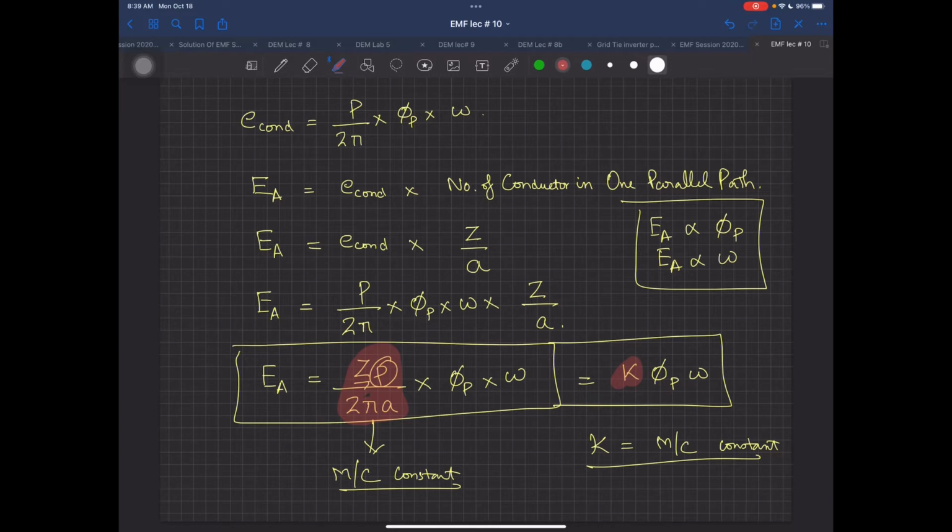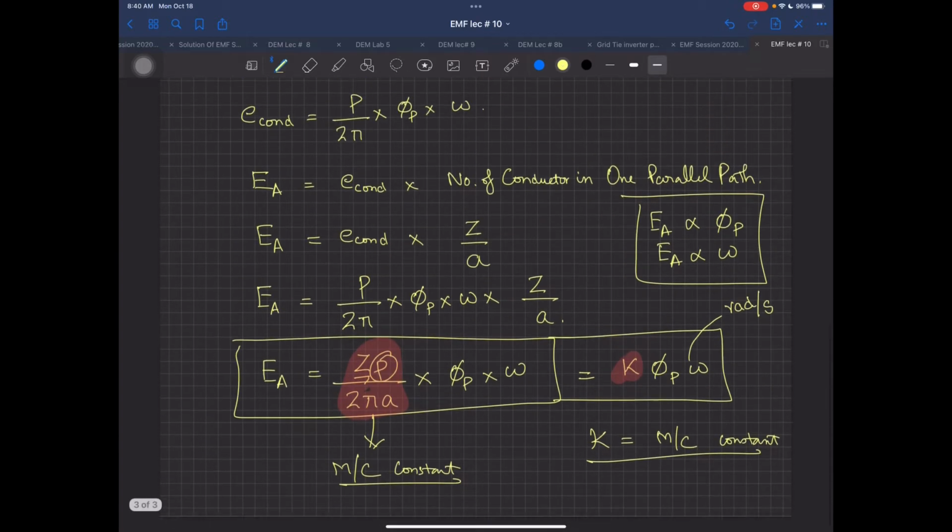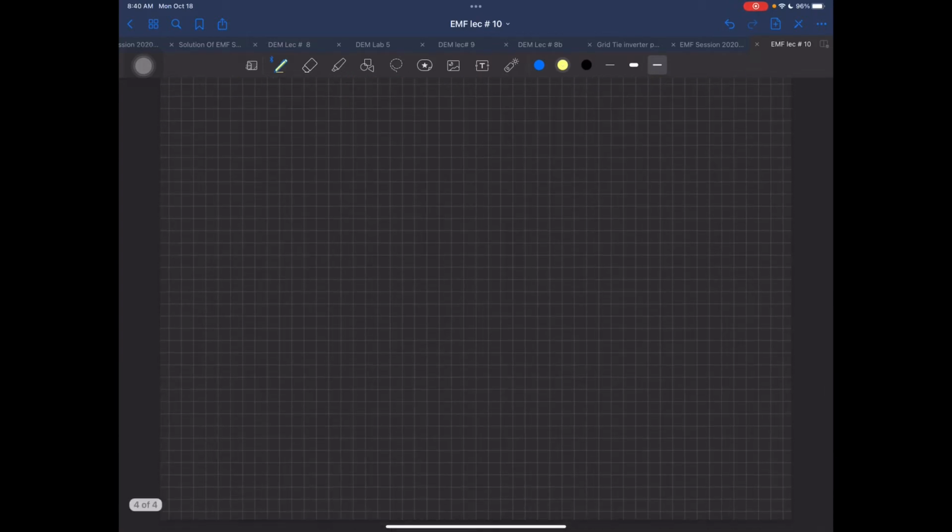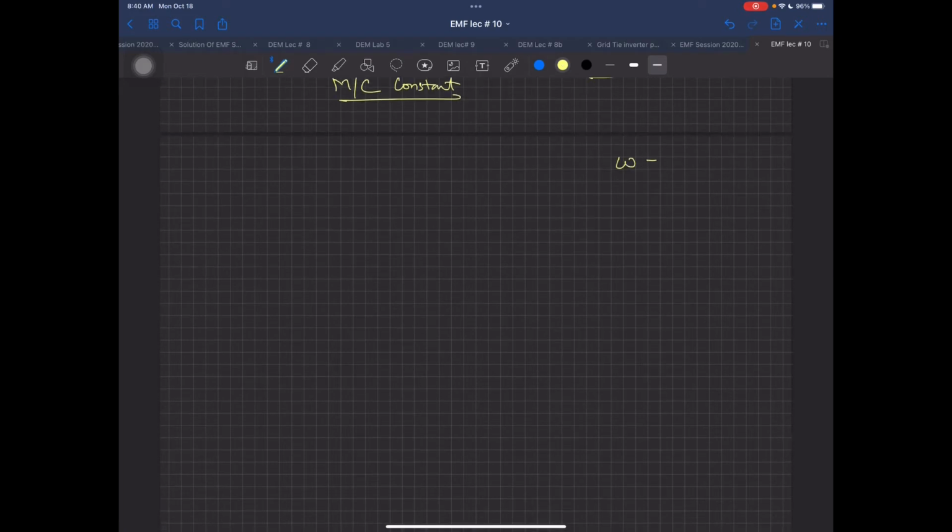Now over here in this relation, I have omega. And one thing very, very important: these omegas are always in units of radians per second. Please don't make the mistake of writing any other units in your numericals or anywhere. Now the question over here: can you convert this omega into some n? What is n? N is revolutions per minute and omega is in radians per second.